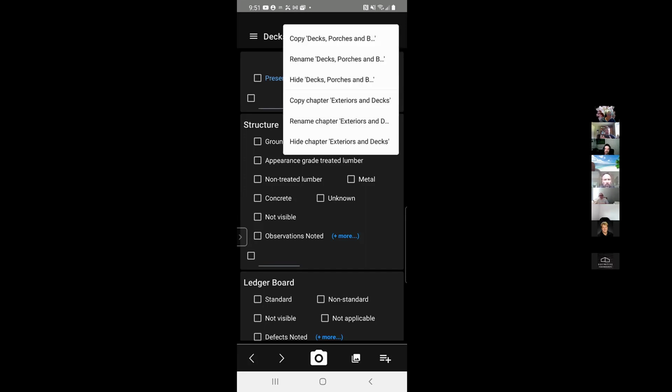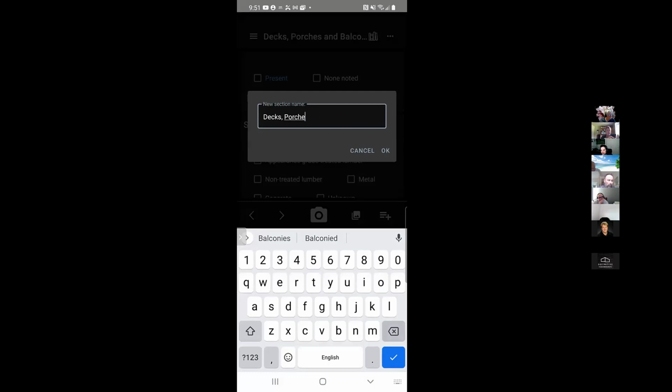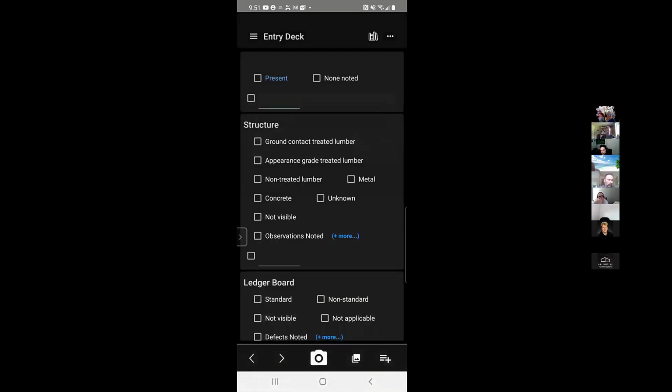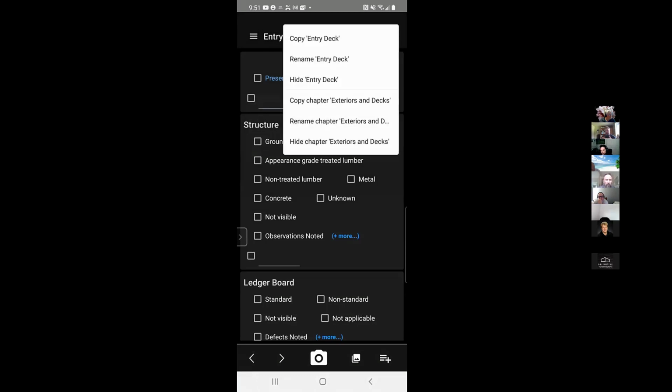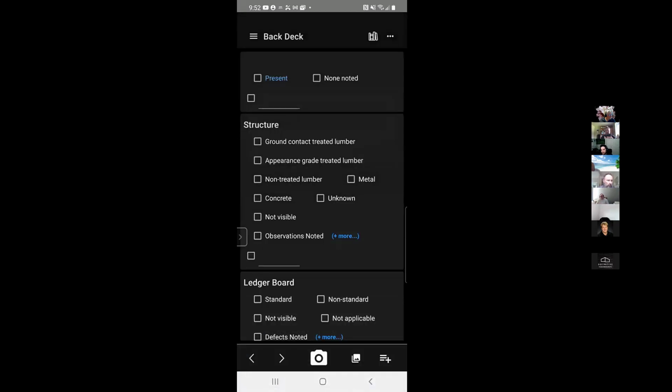Well, I can copy the decks and porches. I can rename the decks and porches. So I'm going to rename it, and I'm going to call this entry deck. So now I've got an entry deck. Now I can copy it, and I can do entry deck back or front or whatever. Back deck. So now on the fly on mobile, you're really getting granular,